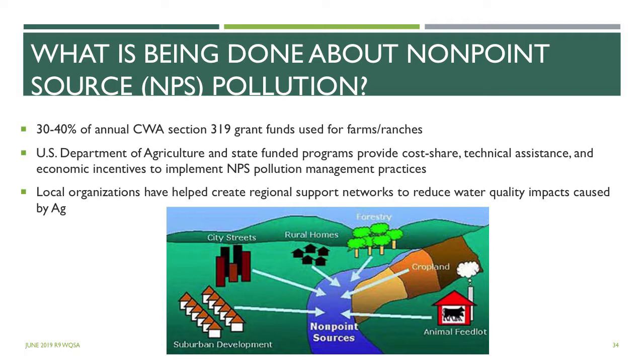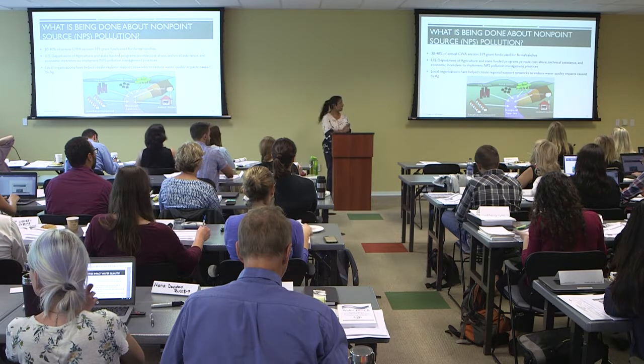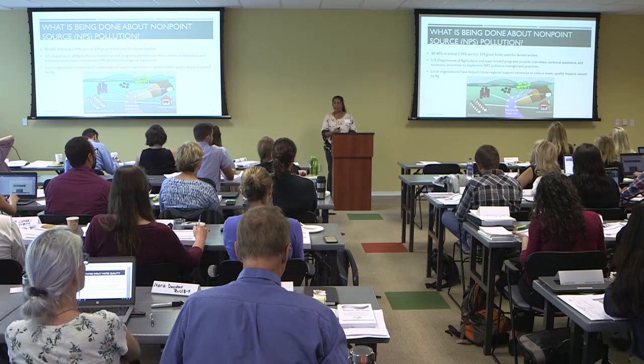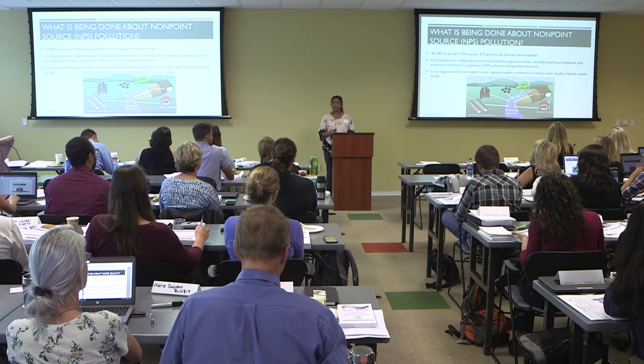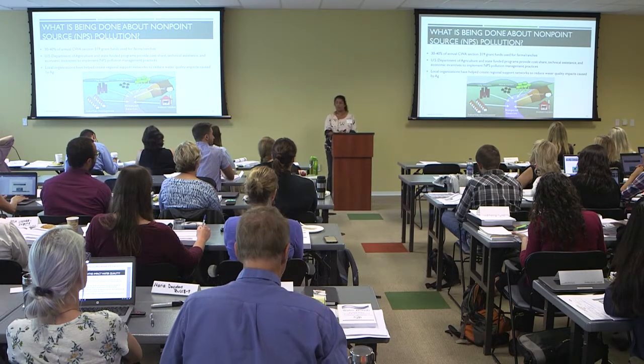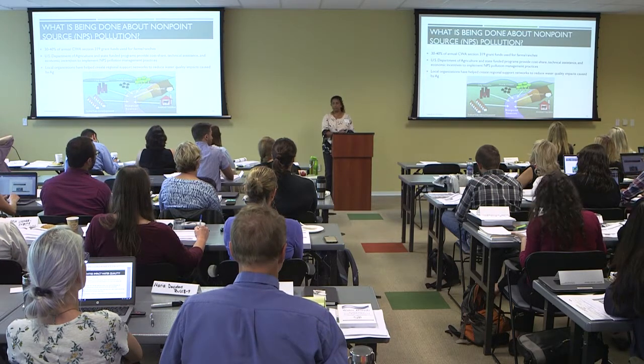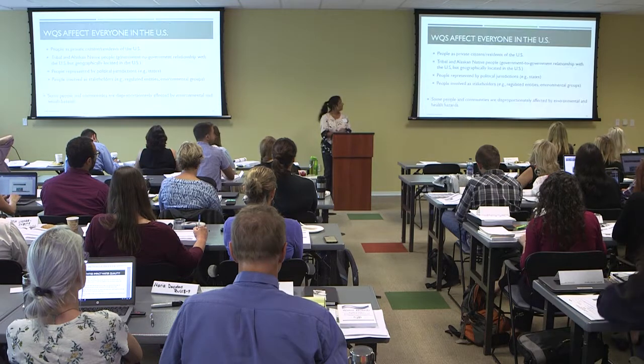And then some states are using innovative approaches, using even water quality standards variances to trigger cost share requirements so that point sources can pay into non-point source funds as a way to meet their permit limits. So people are getting creative. Just in case anybody's interested, that example I just gave is Wisconsin. They happen to actually have a regulatory program, but the way they structured it, it could also be done outside of a formal non-point source regulatory program.